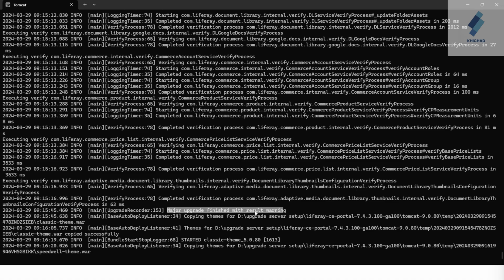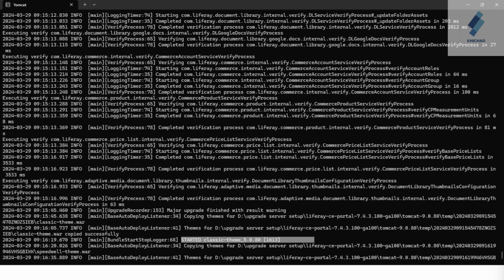Major upgrade finished successfully and starting themes. After this process, the server will start and the upgrade has been done.